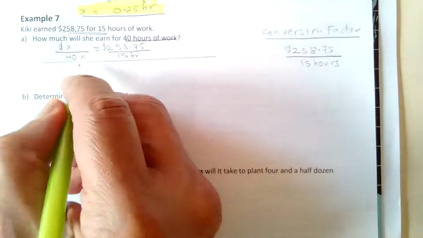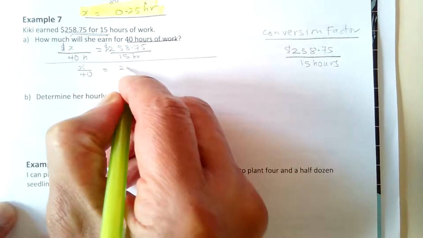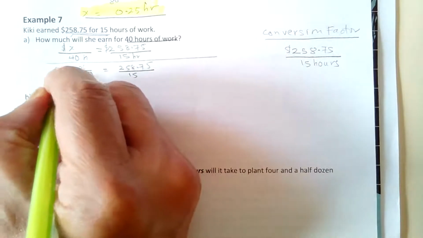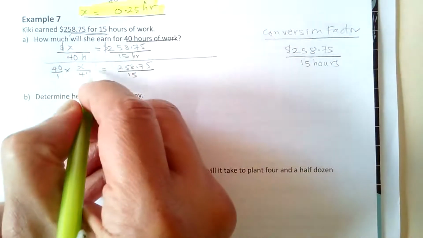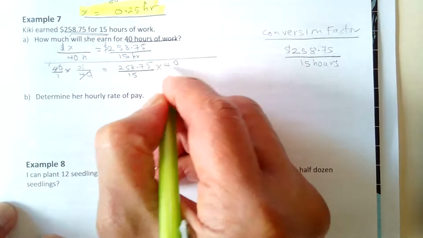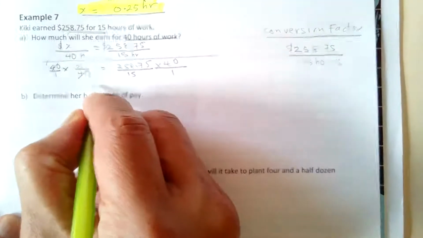So that line here is to separate our work. So we have x multiplied by 40 for 1, 1 goes into itself once, multiply by 40 over 1. We're left with x is equal to